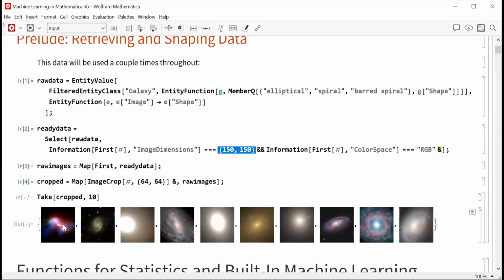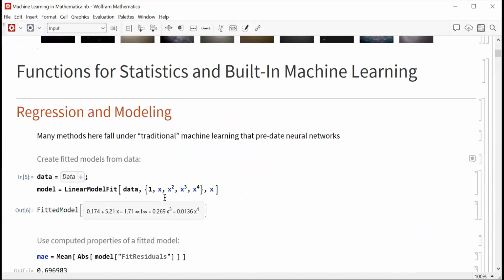And so a little bit later, after we talk about some of the functionality that builds in certain methods, we will synthesize some more images of galaxies based off of ones like this. So let's first talk about functions that are